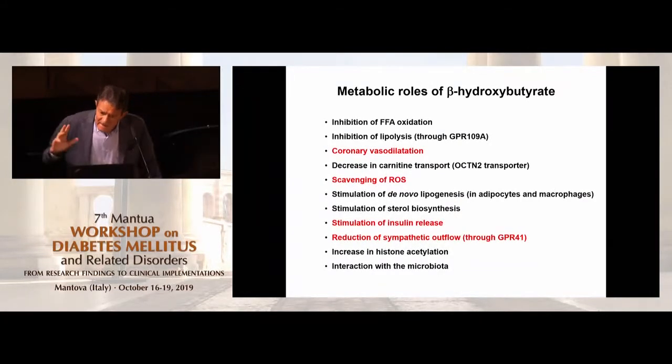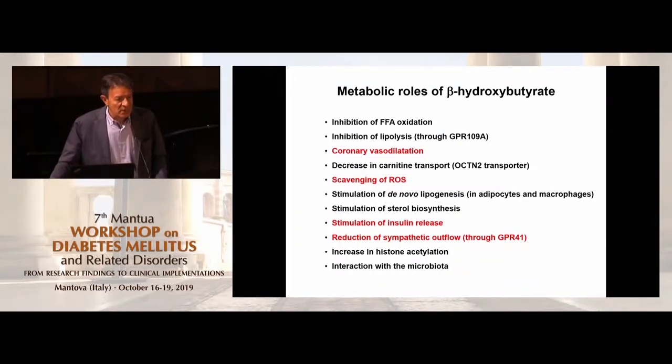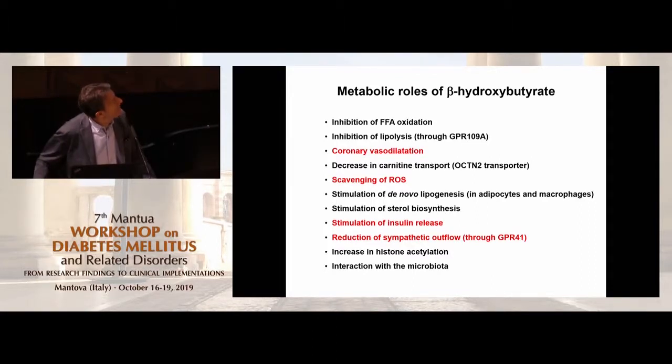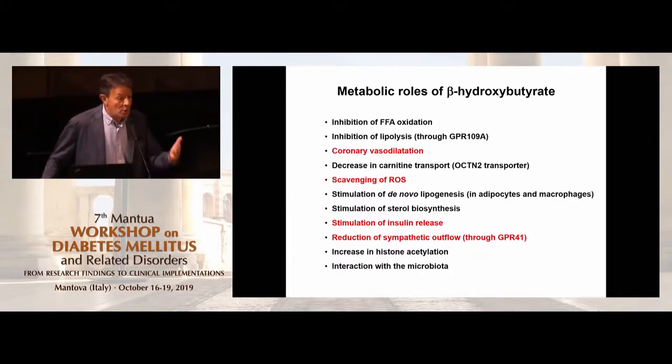And if you then again go to rats and mice or in vitro models, you find that this daughter of butyric acid, beta-hydroxybutyrate, has been claimed to have a range of metabolic actions. The most important ones to me seem to be coronary vasodilation, which must be an effect on the small vasculature, not the subepicardial vasculature, but the smaller vessel, scavenging of ROS,